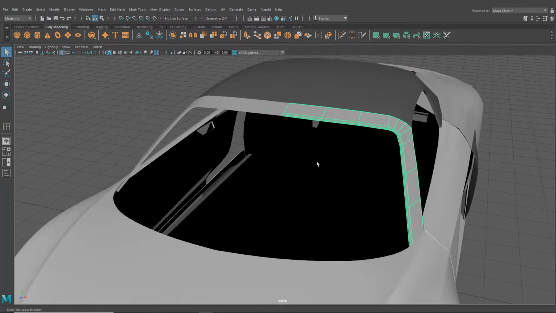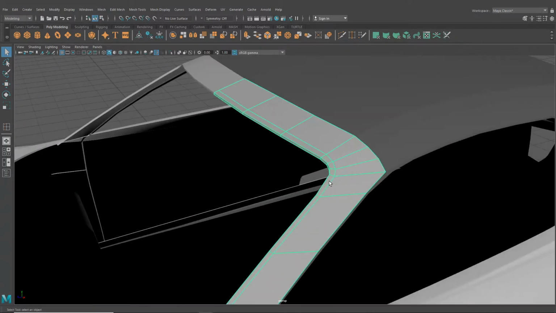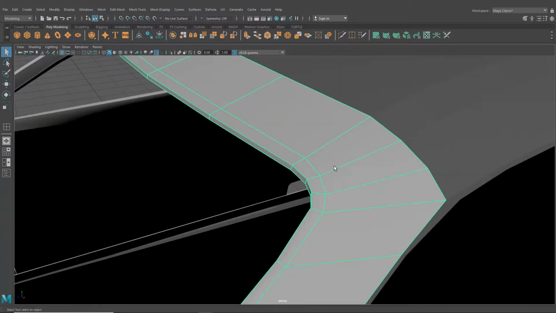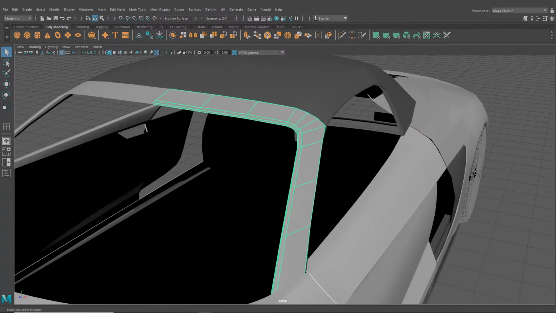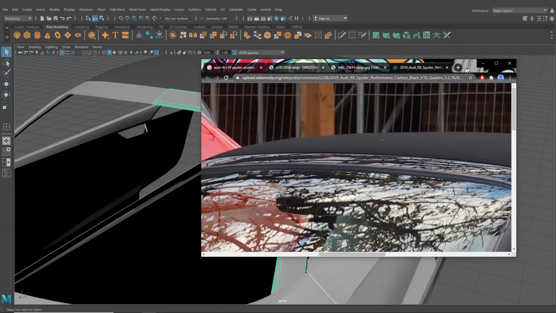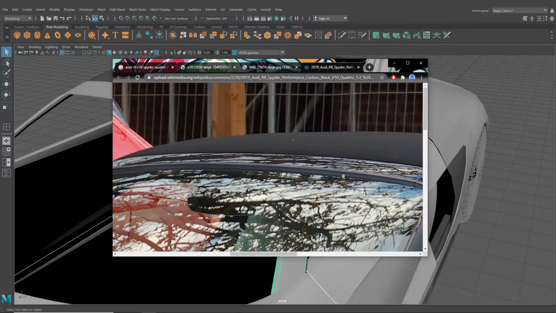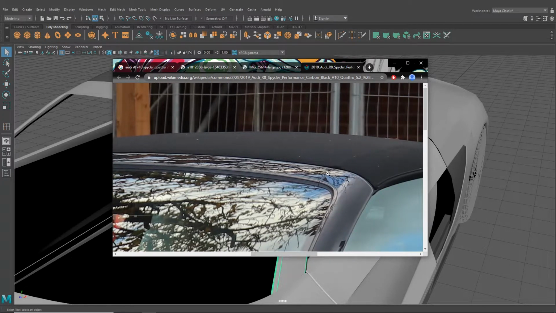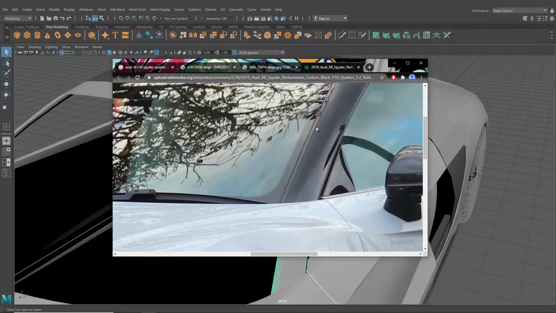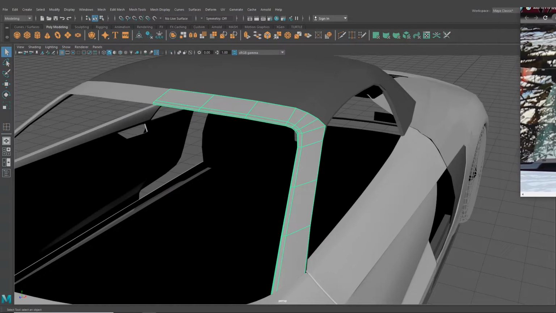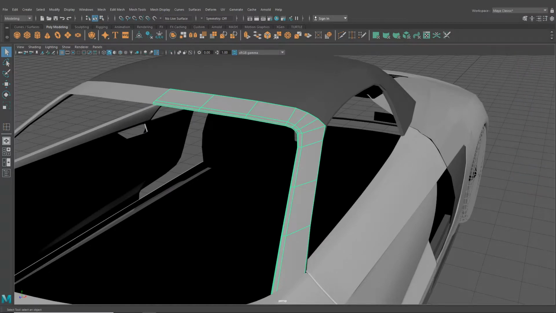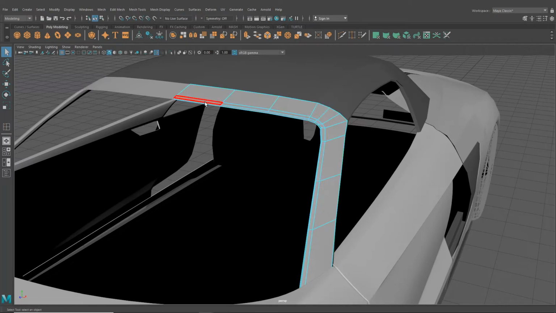Now there are some details as part of the A-pillar up here. We did add them in up here. We've got the little rubber area as well. So what we're going to want to do is create a little bit of a rubber seam. We can see on my images here that we do have the rubber section which seals the window. We do have a panel gap up here as well. And then we have, obviously, the panel gap that runs all the way around, a little bit of body coloured area inside there. So I think what we'll do is let's go and grab all of these frontal faces,